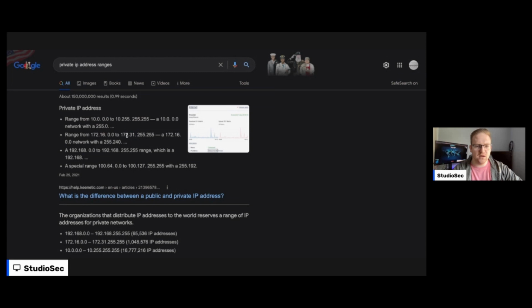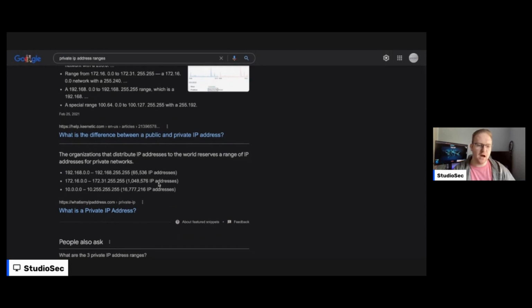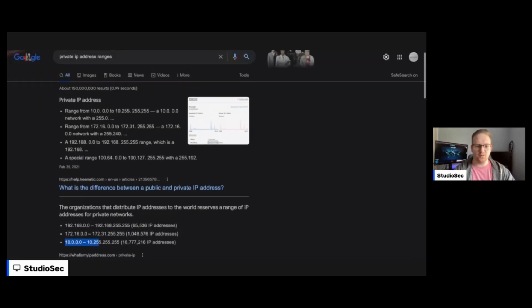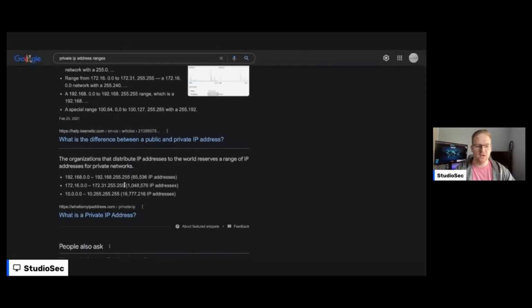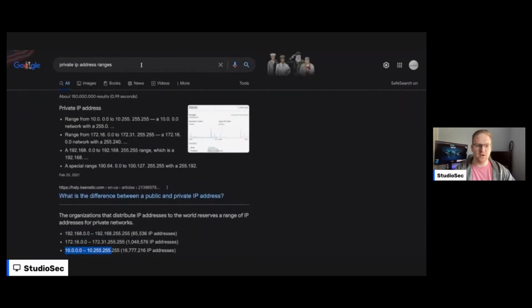That gives you a couple octets to play with as well. And here, this shows you how many IP addresses you can play with in each range. The 10.x gives you way more IP addresses, almost 17 million. So if you want to build a huge private network, using the 10 range is pretty good.